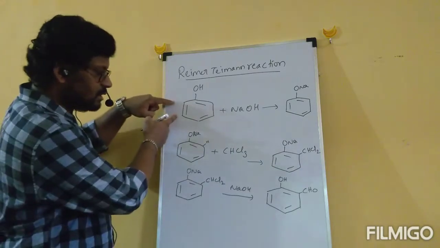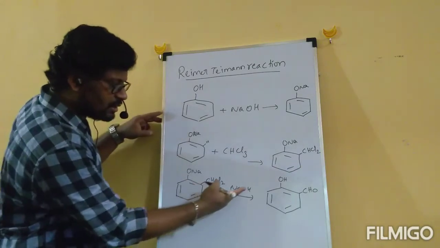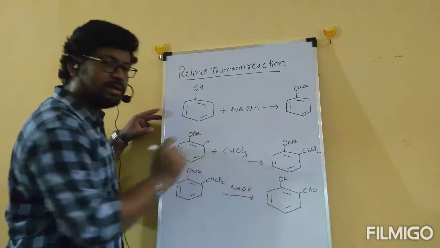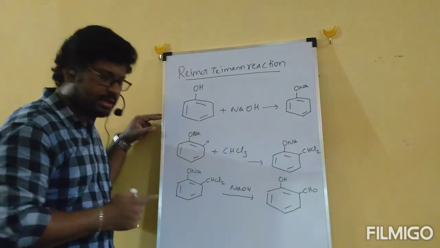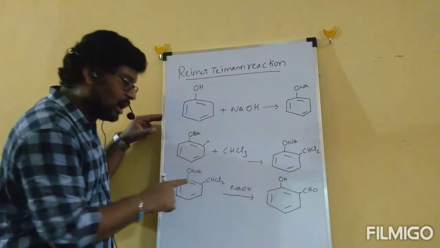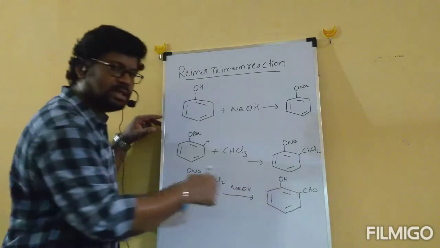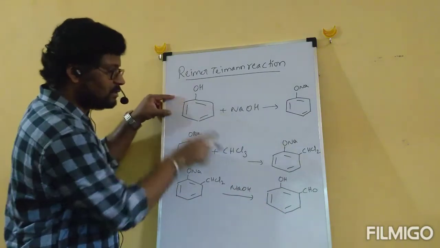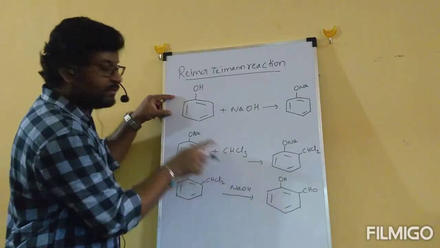In the conversion of this phenol, in presence of hydrolysis, this ONa also will be converted to OH, okay, and the CHCl2 is converted to CHO. How this CHCl2 is converted to CHO, I will explain. Before that, the conversion of this phenol to salicylaldehyde